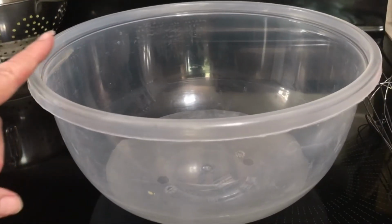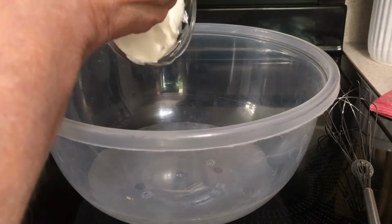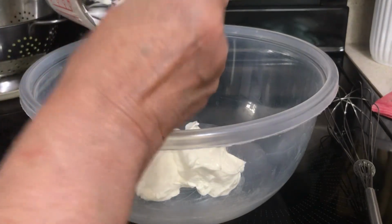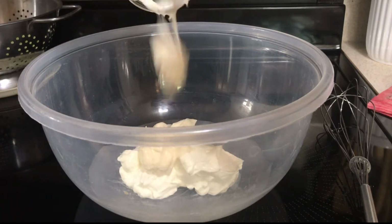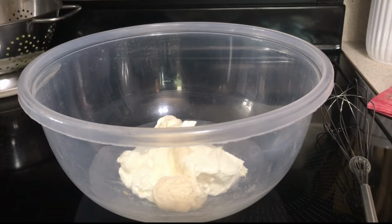In a large bowl, go ahead and put your sour cream, your mayonnaise, and I'm using Miracle Whip because I don't have any mayonnaise. And that is 1 cup of sour cream and 2 tablespoons of mayonnaise,